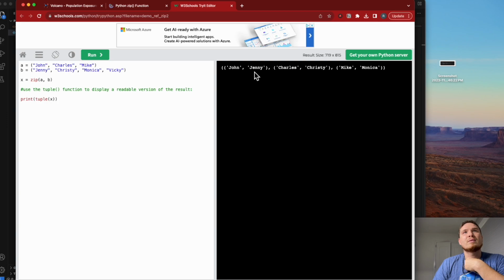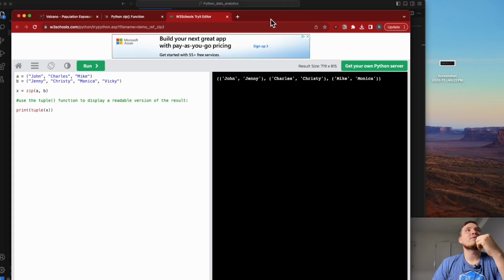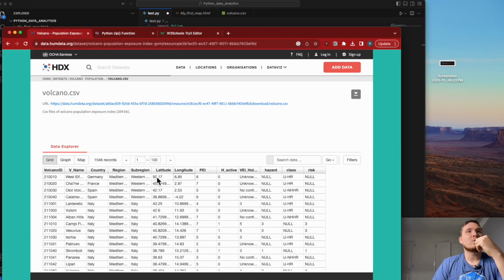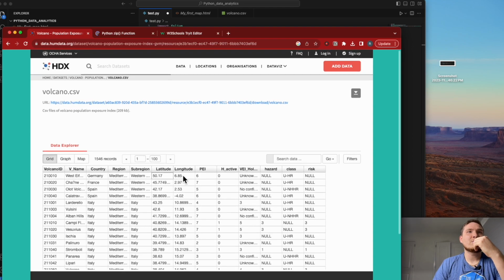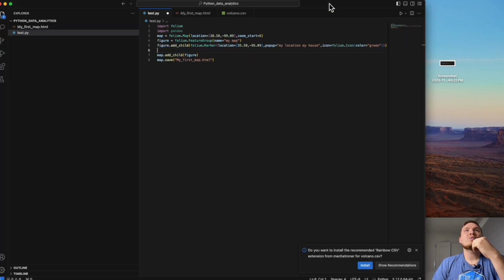You see? It divides, but in this case it's not a list, it's a tuple, but the point is it divided one by one from each list, from each tuple in this case. But for us, what we want to do is take latitude and longitude. So first of all, before going to the for loop, we need to read latitude and longitude from those two columns. How to divide it into lists, right?